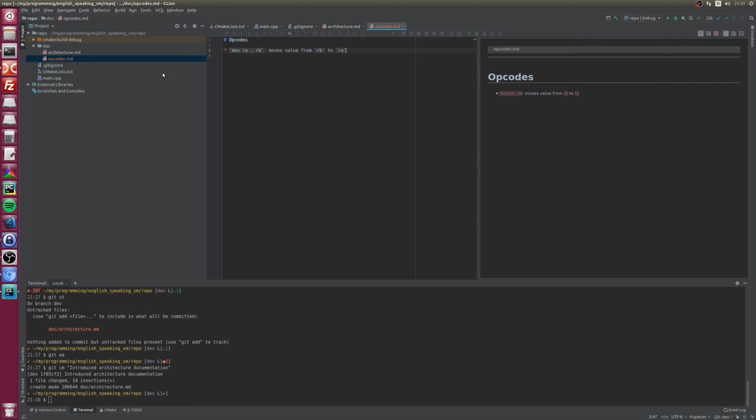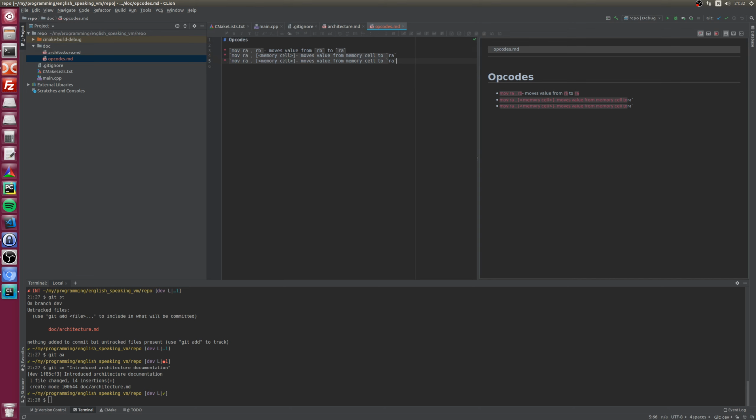Cool. Next one, let's move from memory to register. Memory pointer moves value from memory. Okay, let's make this one word, or even better, to array. Cool.